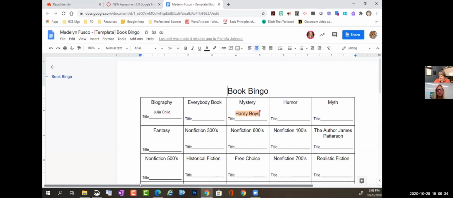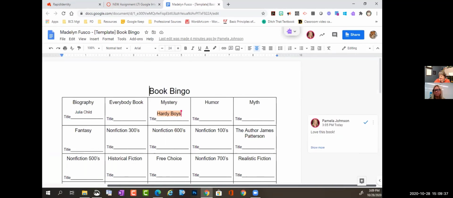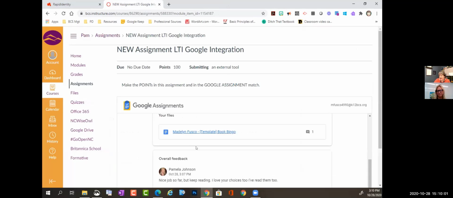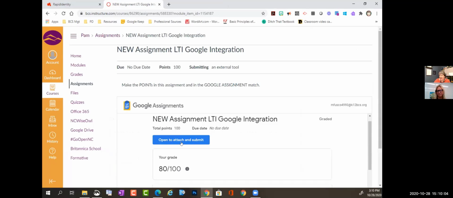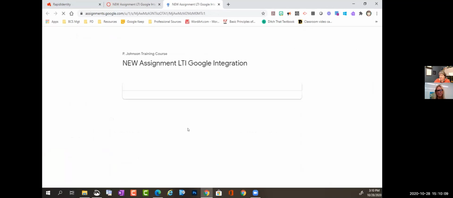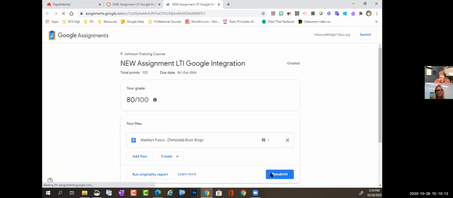And again, we wanted to point out, we tested this with slides. There it is. So with documents and slides, it's an excellent way, I think, to really integrate the two and get students their own copies. Cool. And so then if I've checked her comment, maybe I've made some more changes, then I can just close out my document and I can resubmit it through the same button that I originally went through. And it even says resubmit,